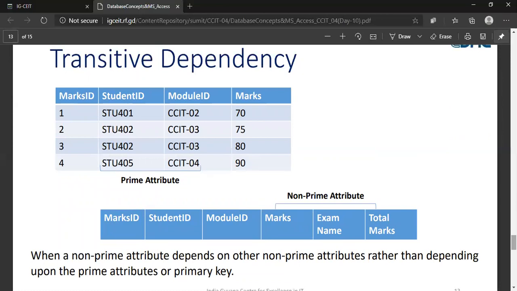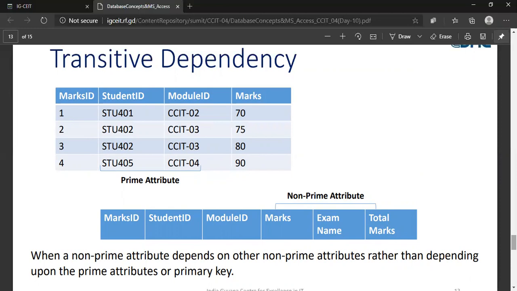Transitive dependency means when a non-prime attribute depends on another non-prime attribute. You should know what is prime and what is non-prime. Prime attributes are those columns which are used, or which can be used, to uniquely identify each record.